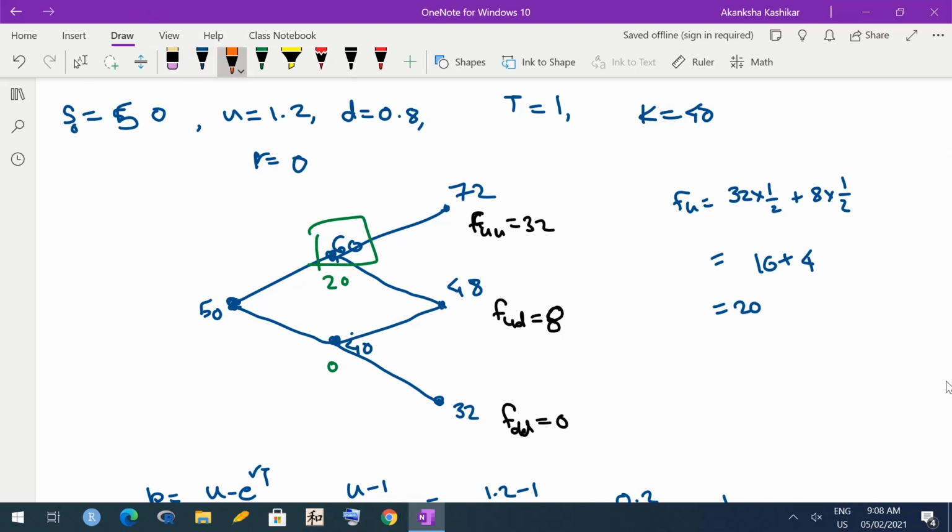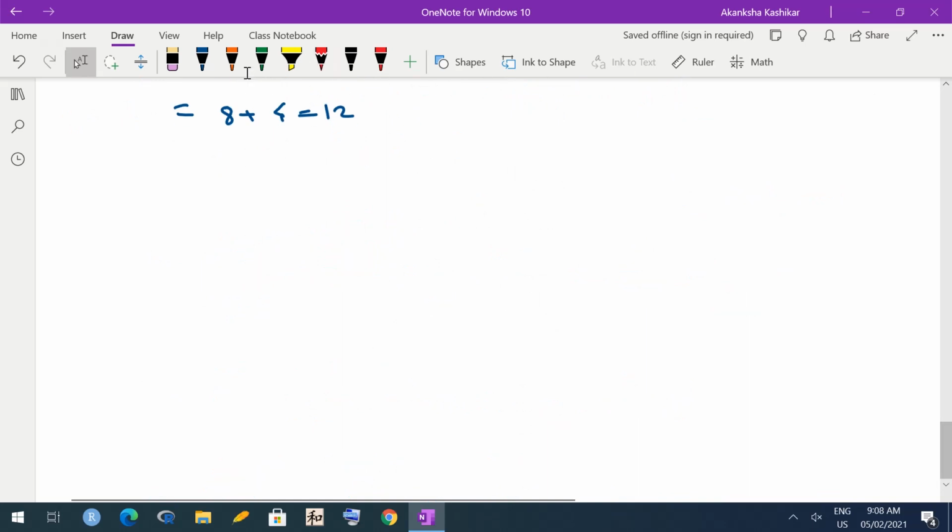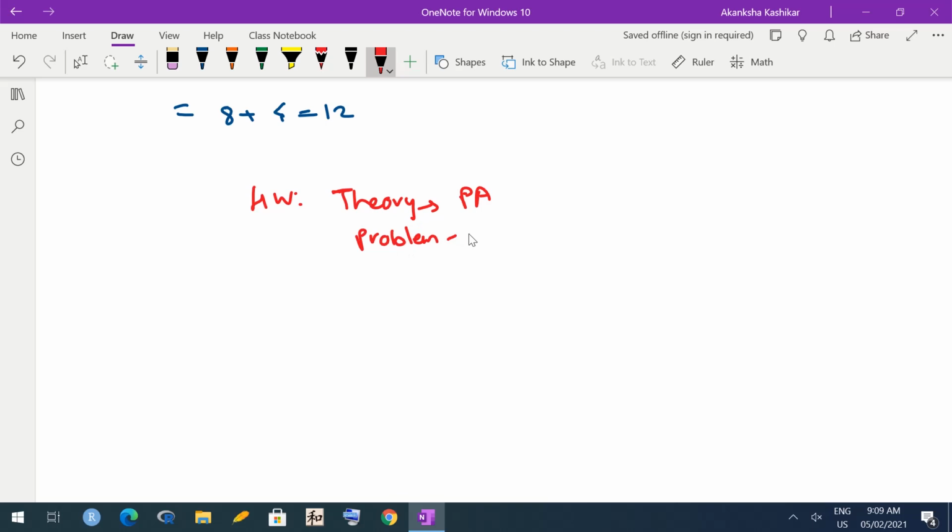We have done this for call option. Now homework is doing all these things for put option. Okay. All these things means including theory. So first, theory, first develop it for American put option. So we computed FU star and FD star for American call option. So write down formulae for similar values in the case of put option and then solve this problem also for put option, American put option as well as European put option.